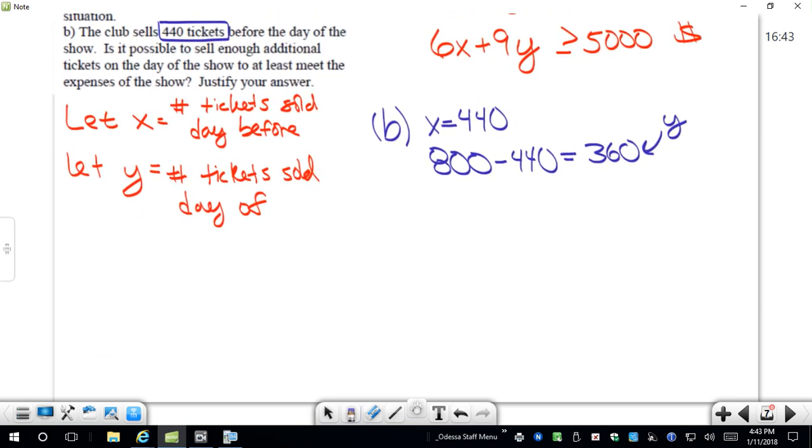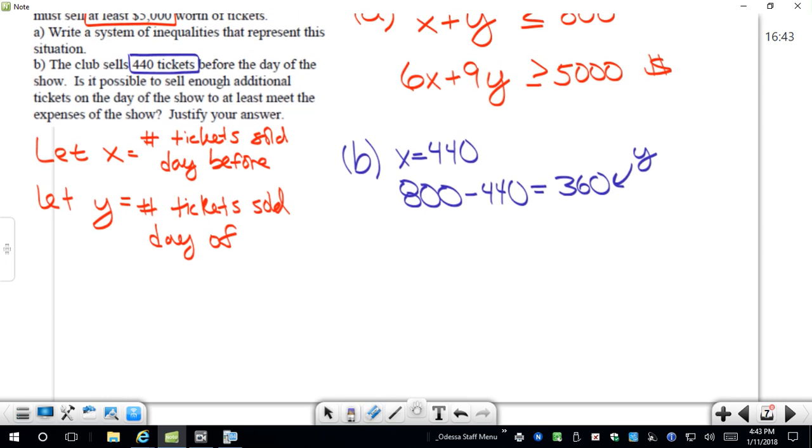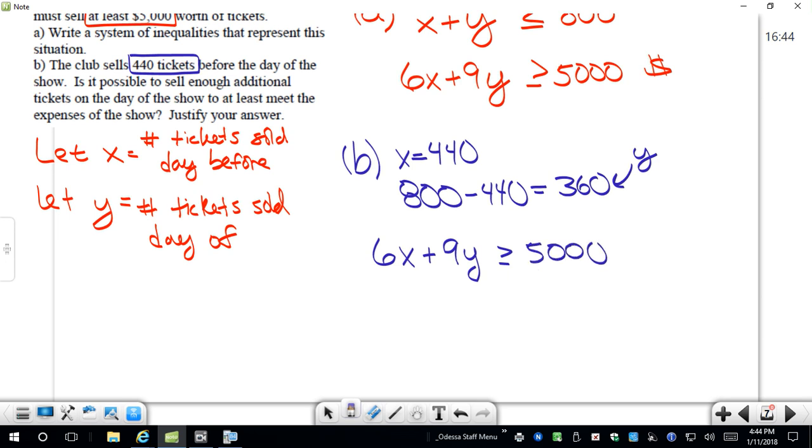So let's drag this up a little bit here. So you guys might recall we've done a problem like this. We're going to take our 440 for x and our 360 for y, and we're going to plug that into our money inequality, which is 6x plus 9y is greater than or equal to 5,000. And we're going to make those substitutions. So 6 times 440 plus 9 times 360 is greater than or equal